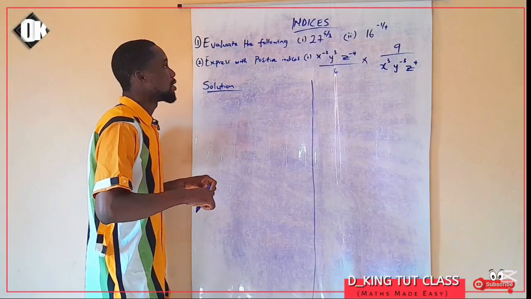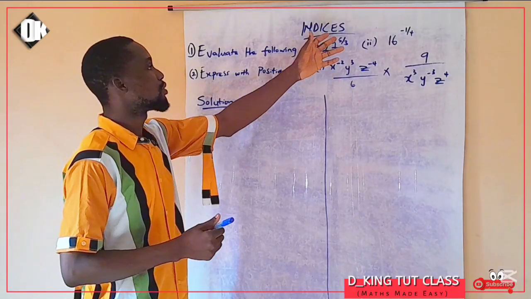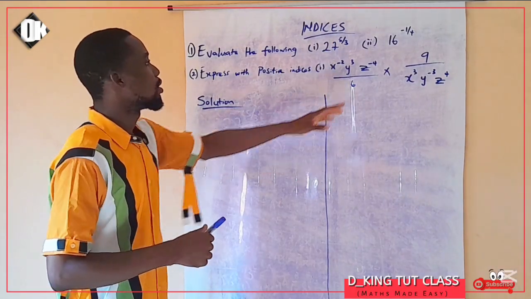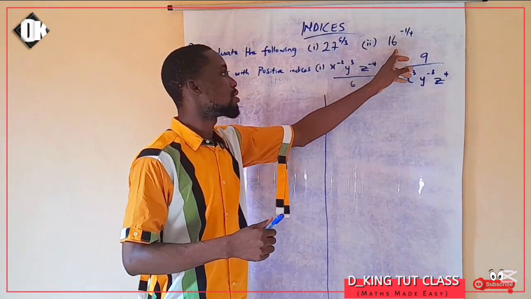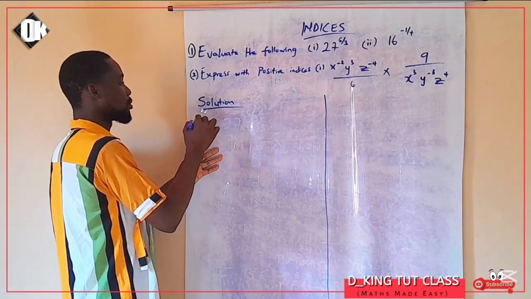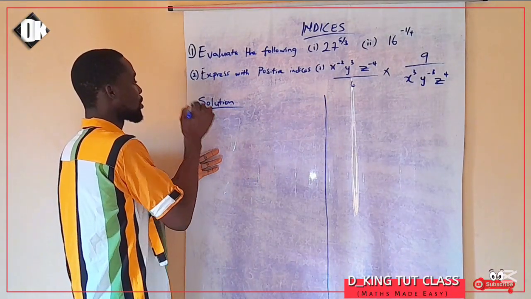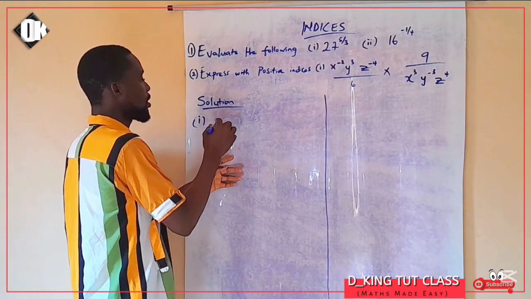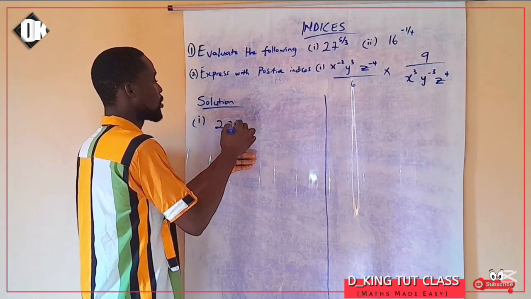Now the first question says we should evaluate 27 raised to power 5 over 3, and number 2 says we should evaluate 16 raised to power minus 1 over 4. Now the idea behind this is very simple. What I'm going to do here is, given 27 raised to power 5 over 3,